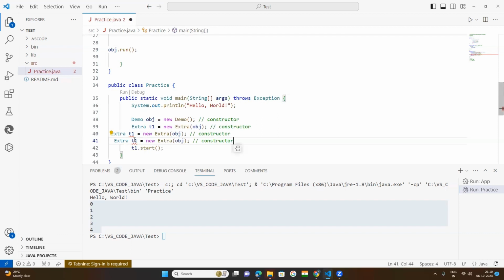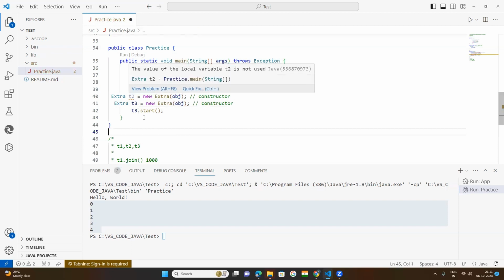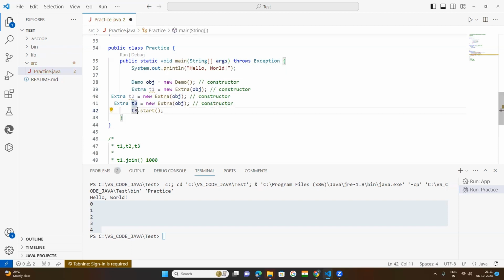Okay, now this is t1, this is t2, this is t3. Now t1, this is t2, this is t3. Okay, t3. Then after, what is happening here? t1, t2, t3. You need to start all the